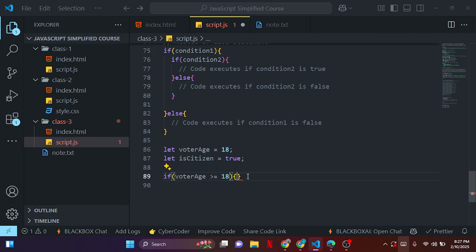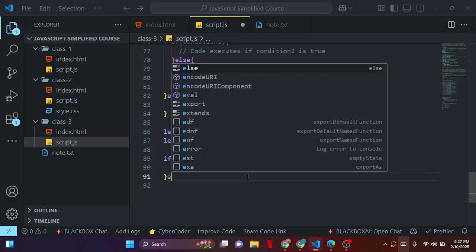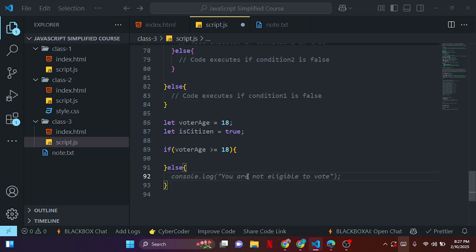Is greater or equals to 18. This is what we are going to do. Else, did I spell this? Else, a voter age is less than 18. We'll say you are too young to vote. Let's just alert you are too young to vote. But if the voter's age is greater or equals to 18, they will now have another if else